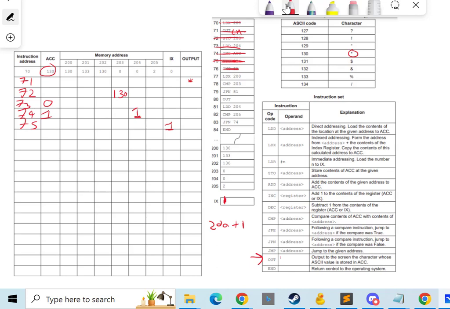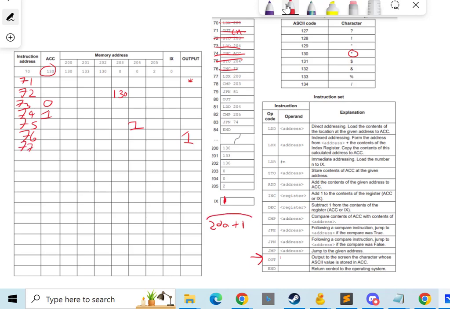So 200, and have I made a boo-boo? I have made a boo-boo, I'm so sorry. Let me go back a step. I think this is meant to be, let me just clear this up. Yep, I was getting too carried away. So we did that, store into 204 for 1, 76, increment the index register, which is 1 here, there we go. Back on track. So 77,